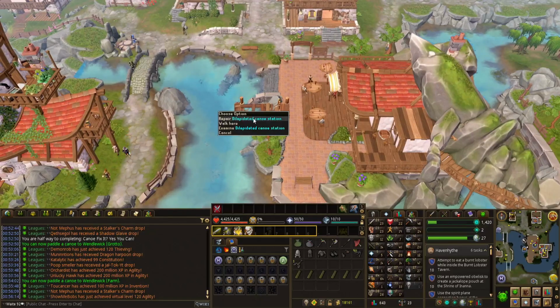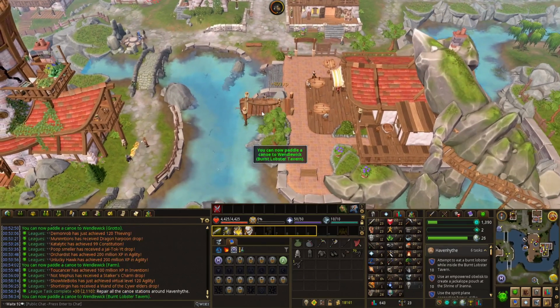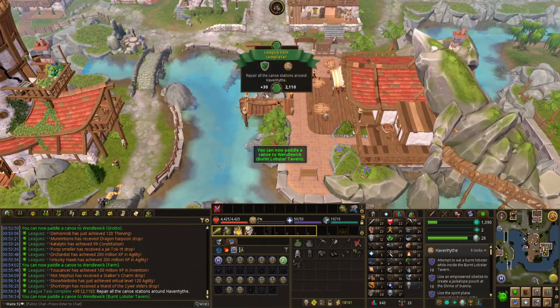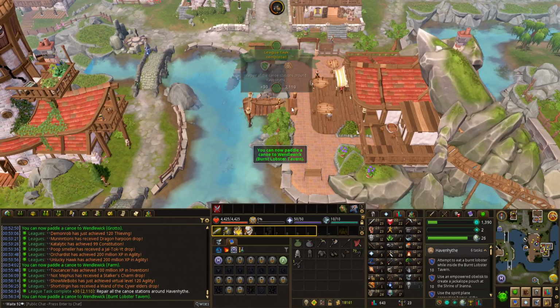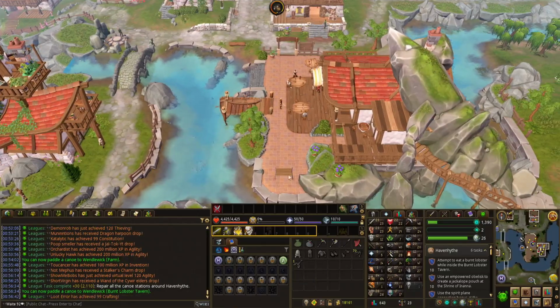Here is the last canoe station. Been going around fixing all these. Did need to go get some steel nails. Made those. Got some smithing levels. Made some more planks. Easy enough. For 30 points. Along the way there, with the whole having to do some smithing, we did make full iron